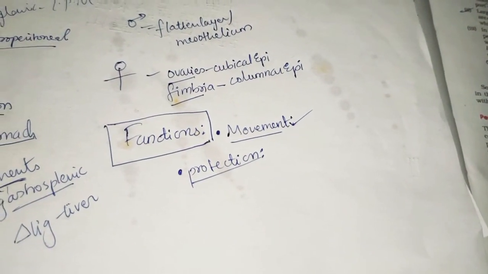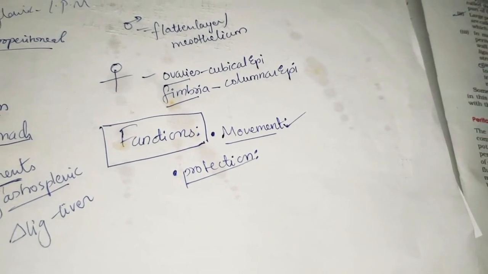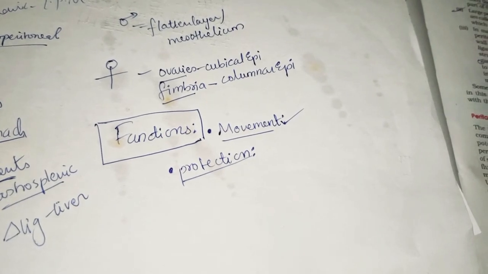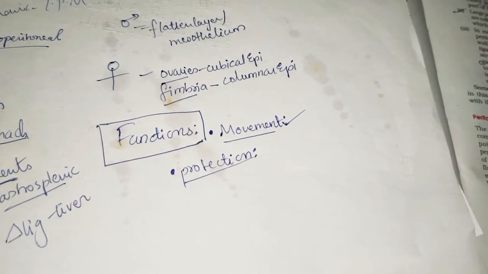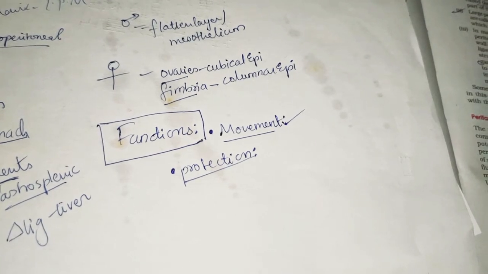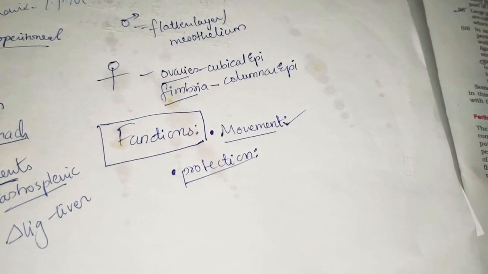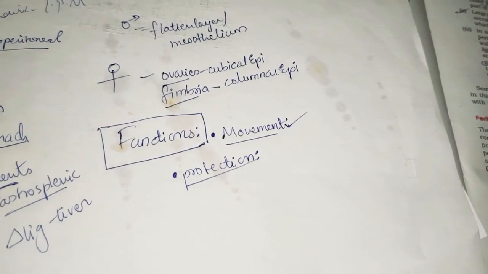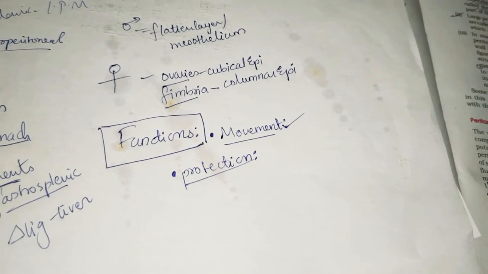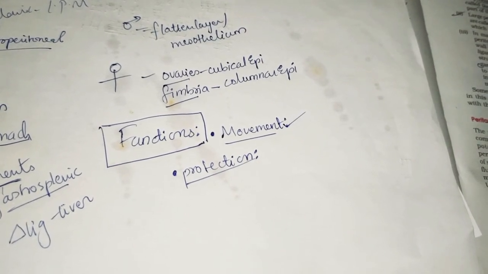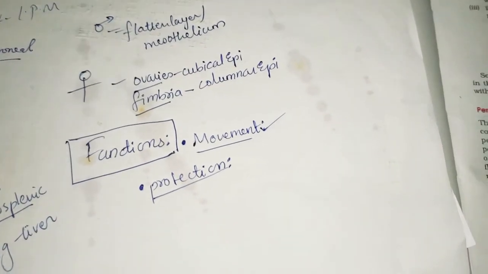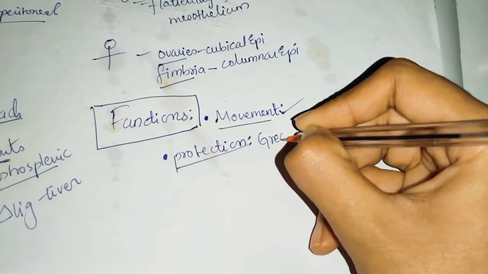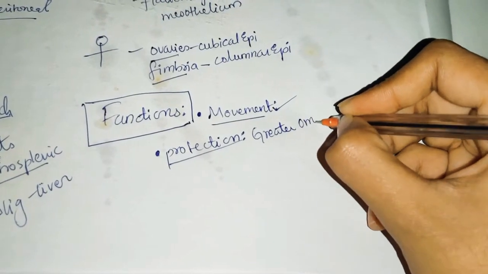It has various phagocytic cells which guard against infection, and lymphocytes are also present in the peritoneal fluid, which provide both cellular and humoral immunological defense mechanisms. And in the greater omentum, it has more power to move towards the site of infection and seal that infection, preventing the spread. So the greater omentum plays a nice role in preventing infections, and for this reason the greater omentum is also called the policeman of the abdomen. So this is important.